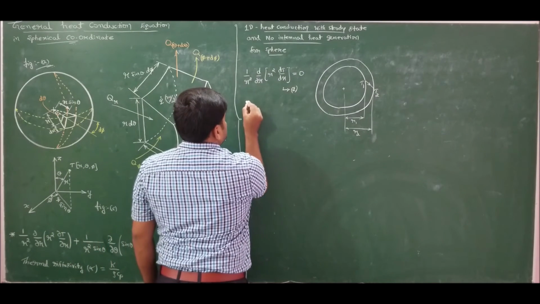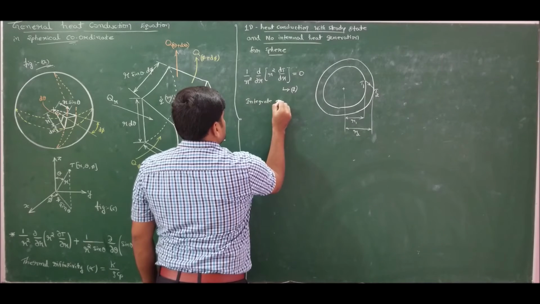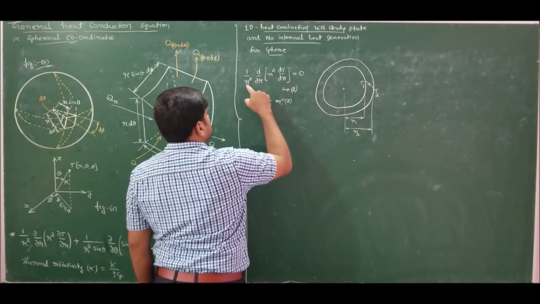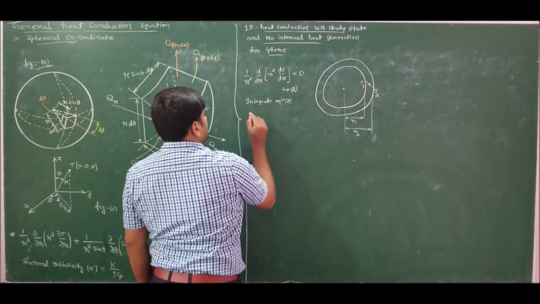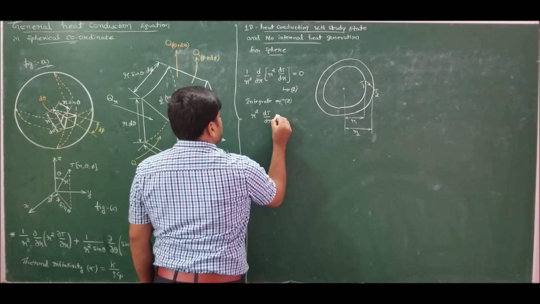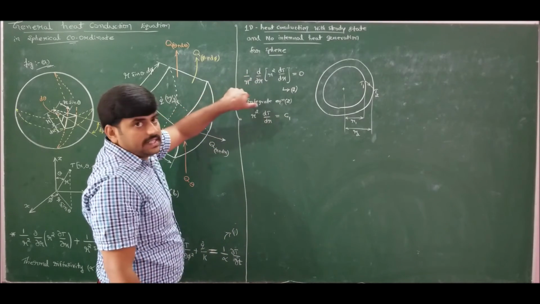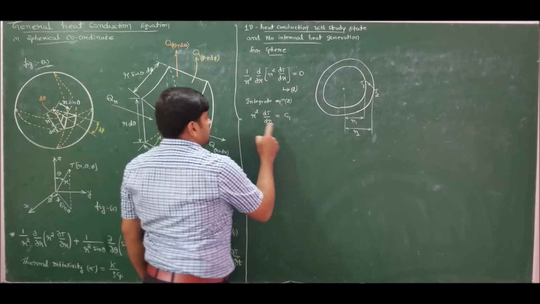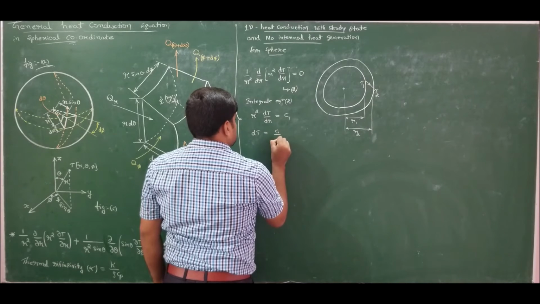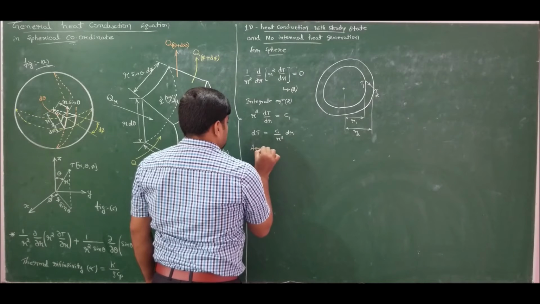Now to obtain the temperature distribution, let us integrate equation 2. If I integrate equation 2 by sending r² to the RHS, it will become 0. So integration and differentiation will get cancelled. I am left with r² dT/dr, which is equal to the constant of integration C1. This is because it is an indefinite integral. Now rearranging the terms, I will get dT is equal to C1 by r² dr. Again integrating this equation.